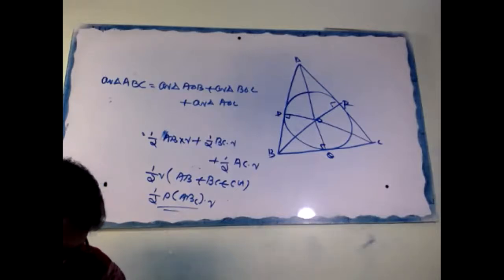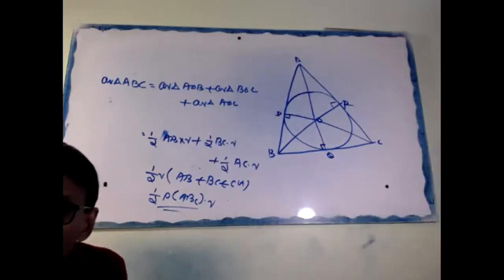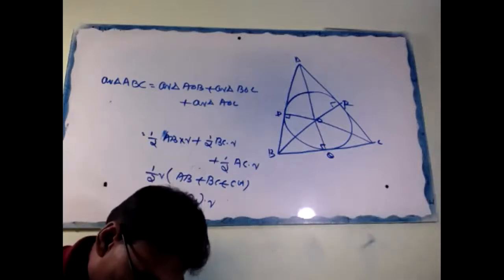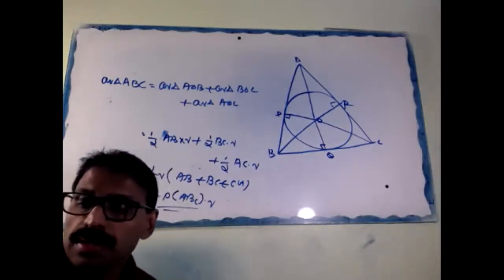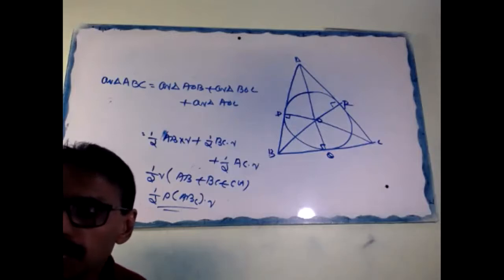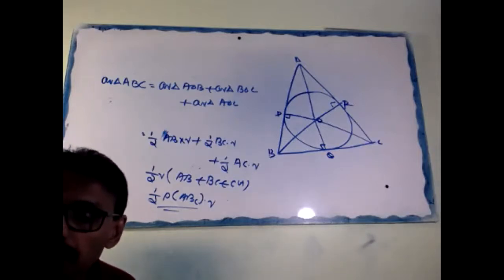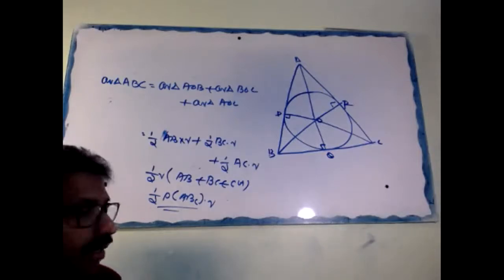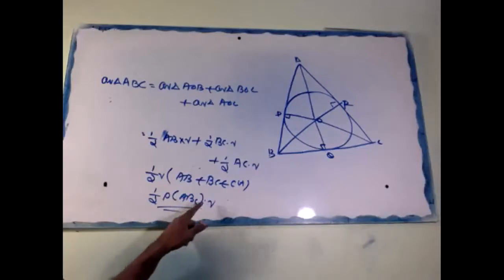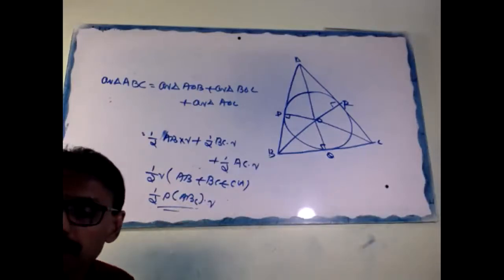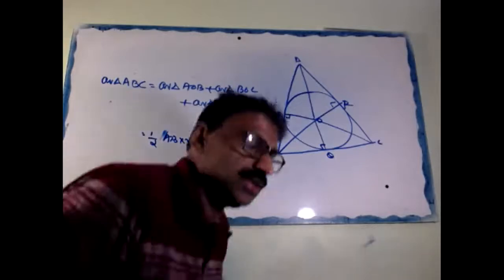Okay, so next question. In figure, hello. Next question. In figure, two circles touch each other. R we need. What about R? R we need in the question. Read. The question is: area of triangle ABC equals half perimeter of triangle ABC into R. Maybe you missed that R. Okay, next question.